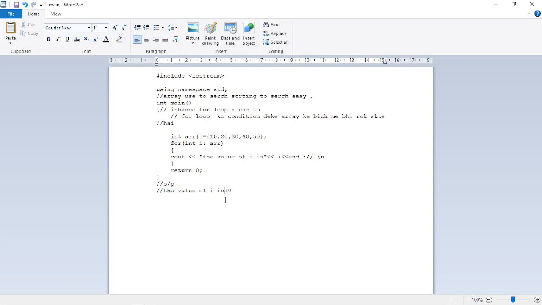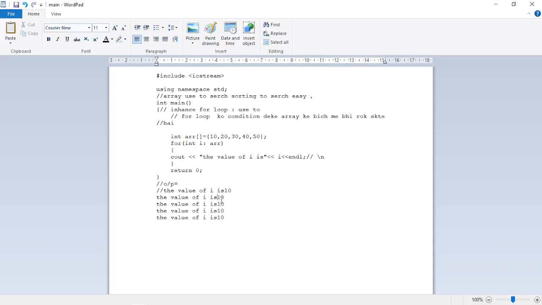Okay, so it will print 1, 2, 3, 4, 5 times. Okay, so 1, 2, 3 and 4 and 5,